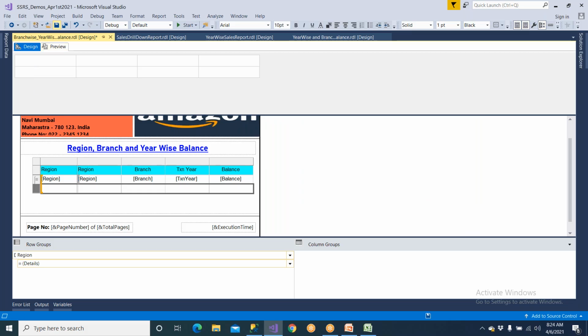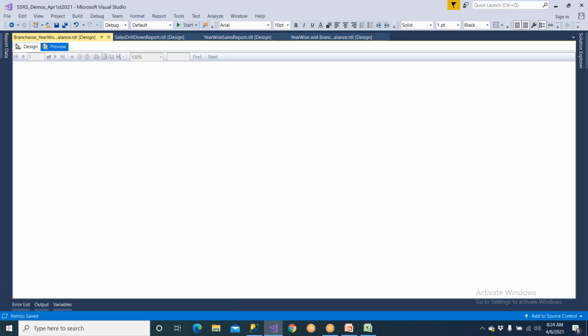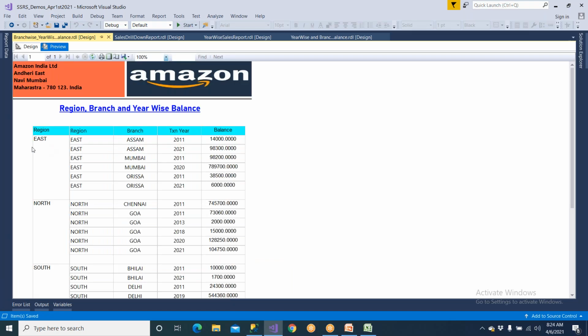Now you save and preview. Now you can understand this is a grouping. This data is without a grouping. Clear? So this is what I need. I don't need it like this. There is a simple blank row. See,